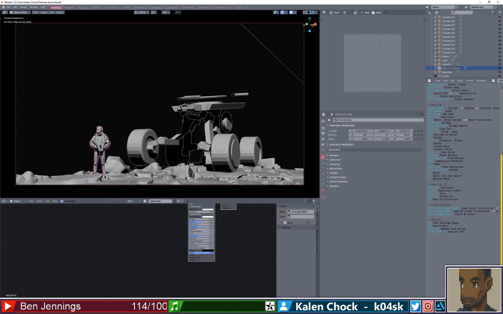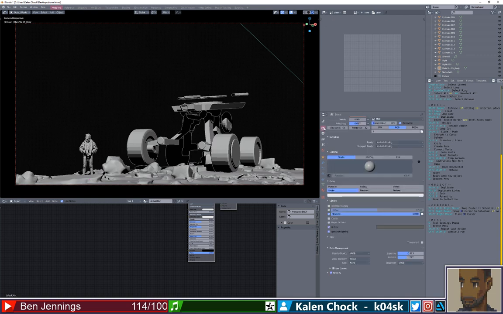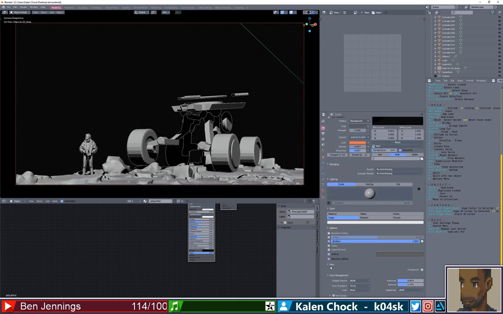I'm wondering if I can make him a little bit smaller, so that way he can go to the right a little bit more. See, that's kind of cool. It's kind of an interesting composition, and I'm not sure what I'm gonna do with it, but that itself would be pretty cool. I've got to turn off the transparency, I think, in the render, and we can call this done.